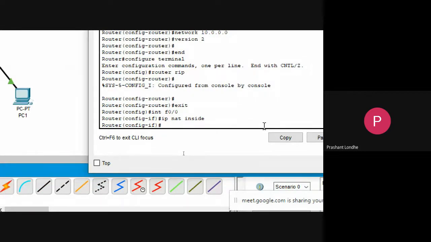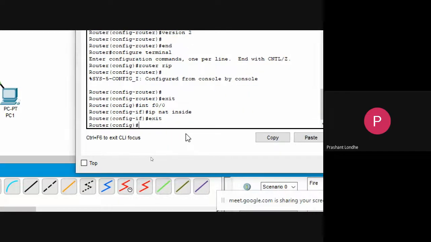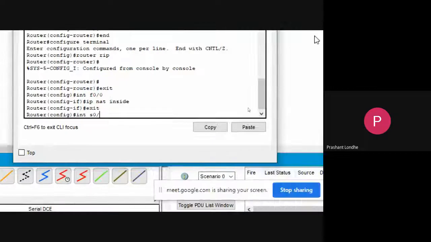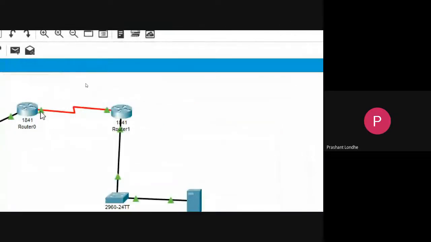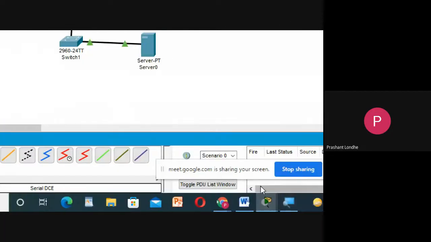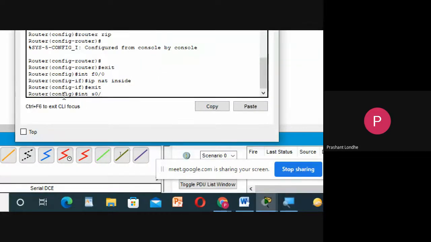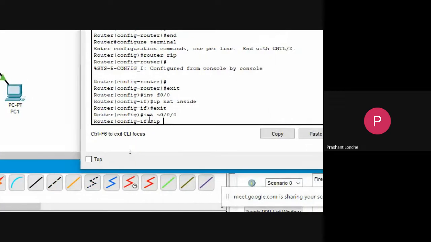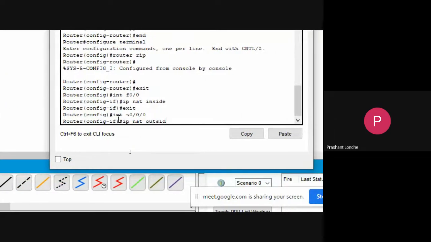Then we need to configure the serial cable also. So similarly, I will go for the serial, just type exit, interface serial 0/0/0, let me check the cable name, 0/0/0, and it will be IP NAT outside.